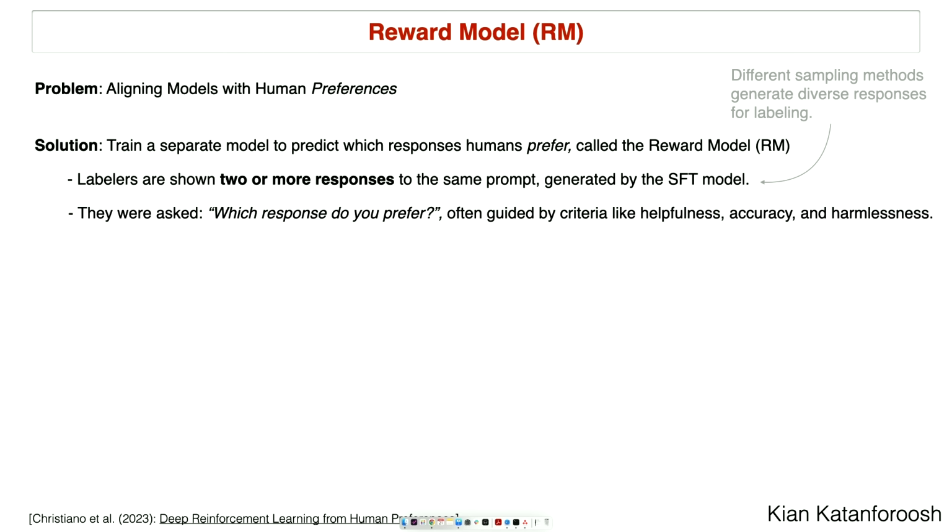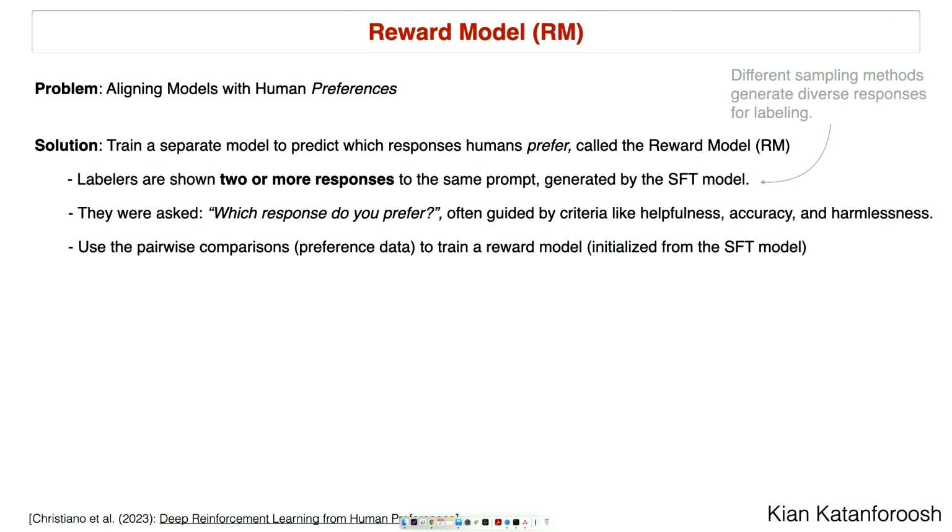They will be asked which response they prefer, and it can get more complicated. It doesn't have to be just a simple ranking. You have multiple Likert scale methods and so on. But the point is that you will collect those pairwise comparisons that we call preference data,